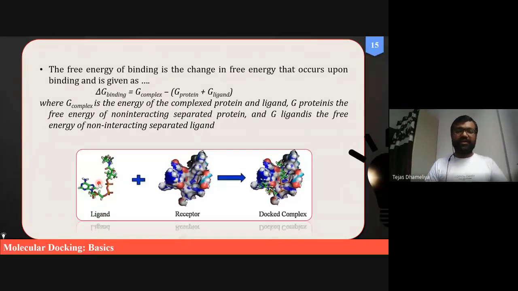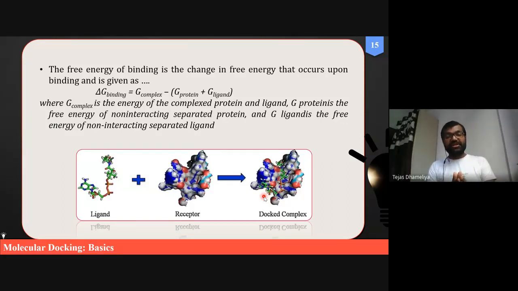So this is a simple calculation which is dependent upon this. And this is the utmost basic of molecular docking. A drug binds with a receptor and makes a drug-receptor complex, and the change in free energy observed is this: the subtraction of the energies of the ligand and receptor from the energy of the complex. And this energy, if it is negative, then the reaction is called an exothermic reaction.